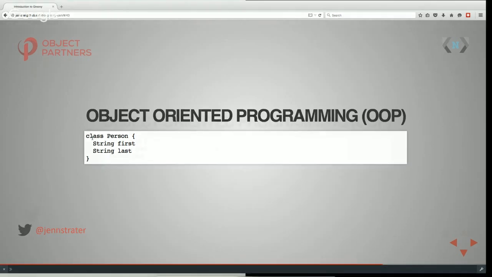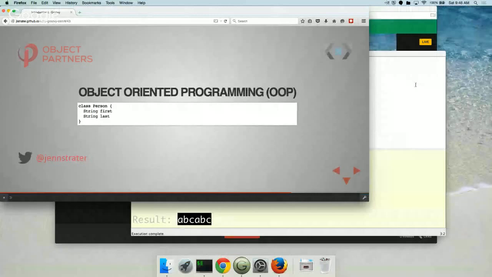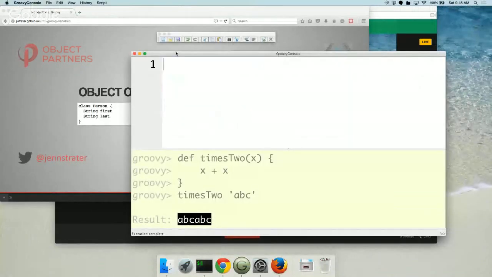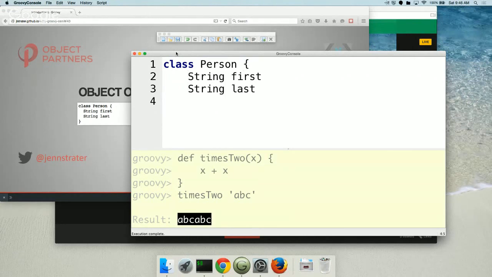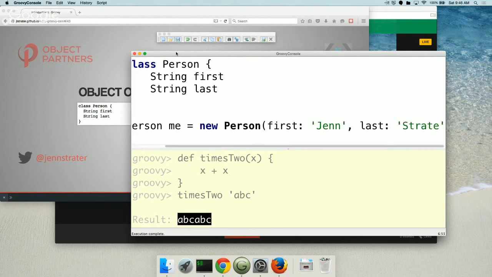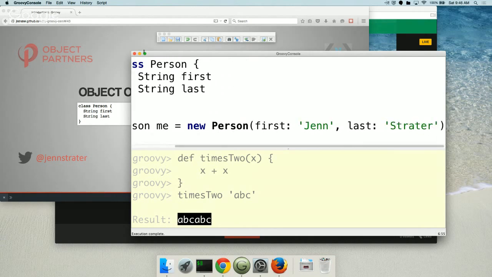Okay, so let's take this example back to the console. So class person, string first, string last. Okay, so I can define a new, so person me is new person. So first, okay, so this notation may not look familiar to you.